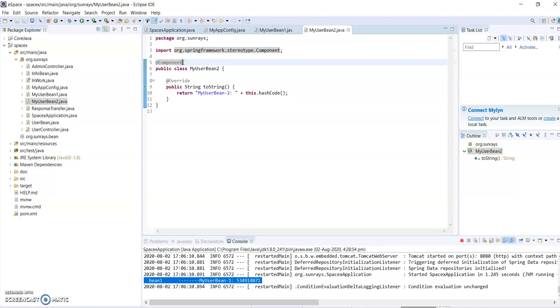In a similar way, we have @Repository, which is for database factory classes. And we have one more annotation, @Controller. If you are creating an MVC controller, we can use @Controller, which is extended from the @Component annotation.